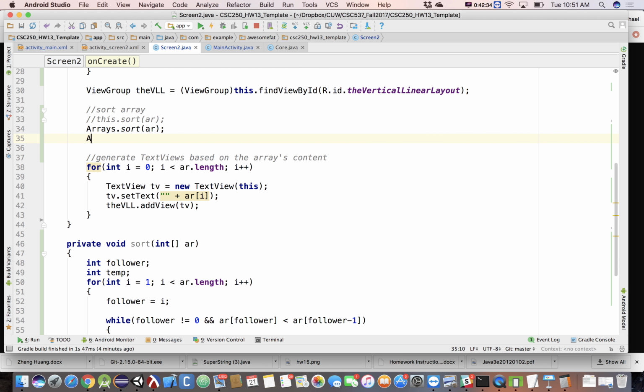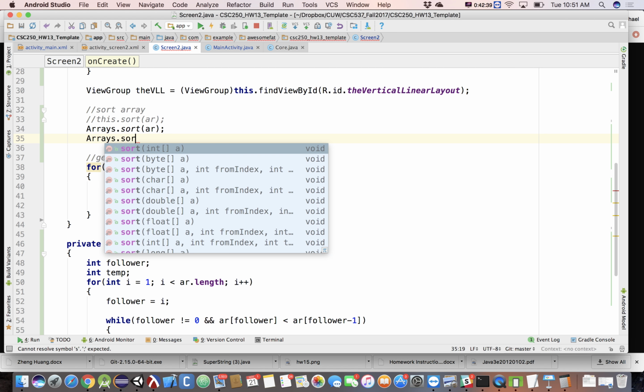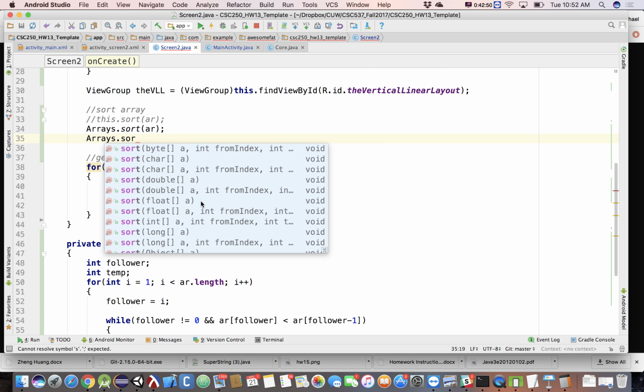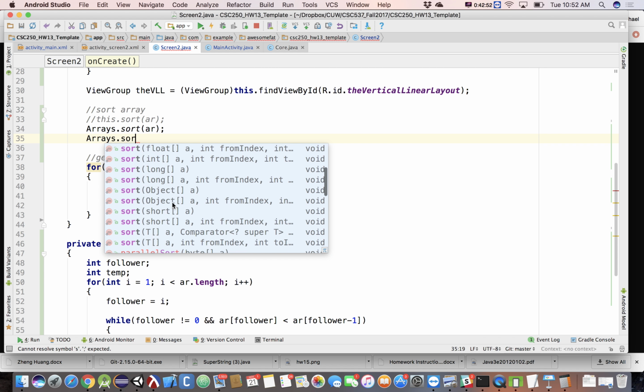Now, just quickly here, if I say Arrays dot sort, notice it knows how to sort an integer array, a byte array. You could actually sort portions of an array as well if you just want to get a certain piece of it. Double array, float array, long array. We can sort object arrays as well. Now, object arrays become a little bit more sketchy because now you have to have a way of telling how that array